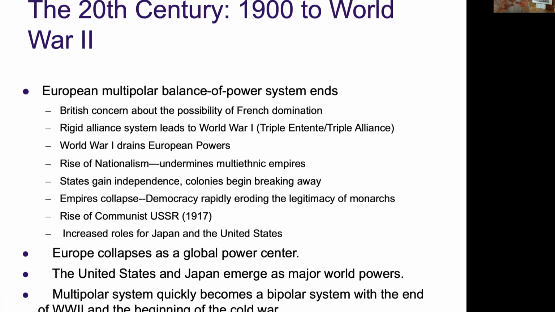So on the one hand, we see some dynamic aspects. On the one hand, Europe collapses as a global power center. It's not the powerhouse, the ruling place in the world anymore. On the other hand, this lack of power is combined with an increase in power, predominantly seen in the United States, but also in Japan, that are emerging as more powerful countries. And that's something which we have to keep in mind,